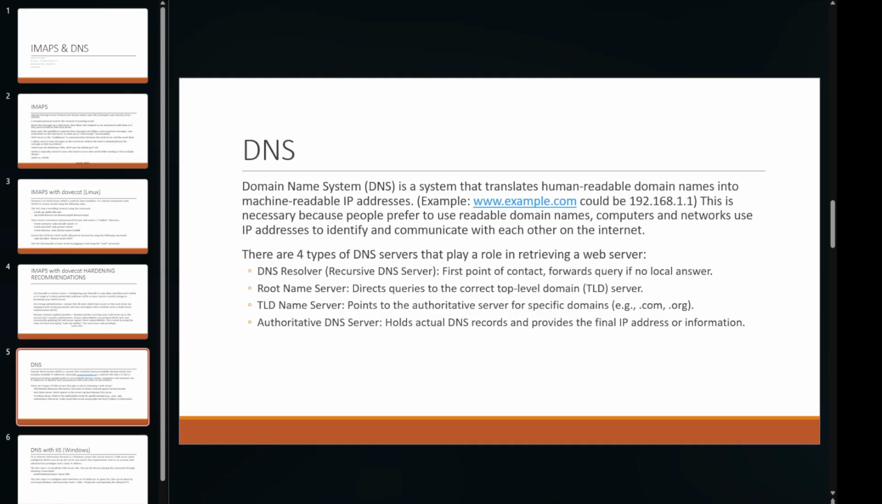Another is root name server. This is the first step in translating human readable domain names into IP addresses. And when a DNS resolver cannot find the answer locally, it queries a root name server. These servers are located worldwide and manage the top level domains, TLDs, like .com, .org, and country codes like .uk